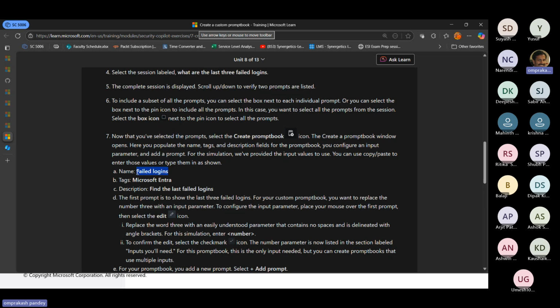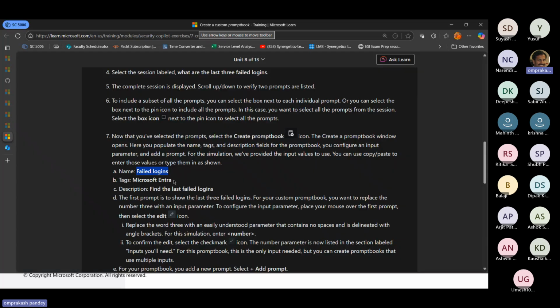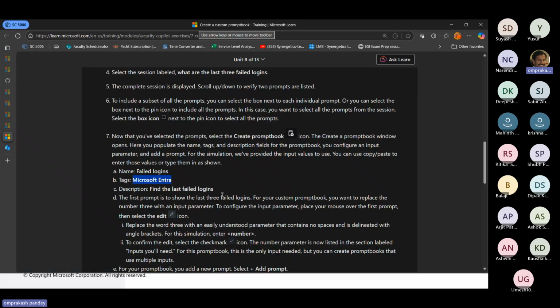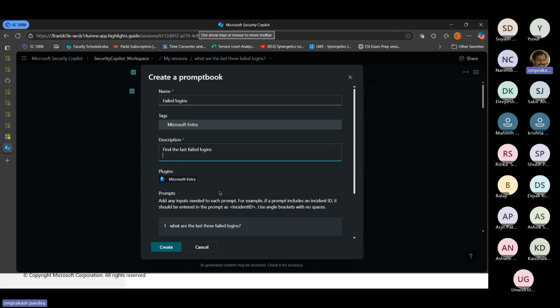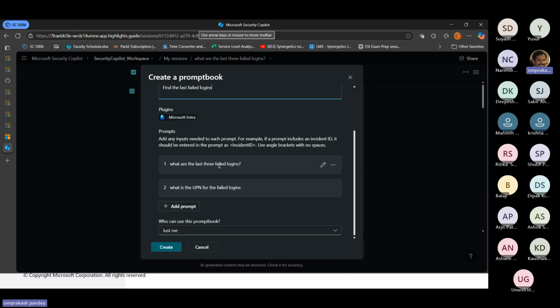The name is failed logins. Tags is Microsoft Entra. Let's mention the description over here: find the last failed logins. What is the last 3 failed logins? What is the UPN for failed logins? If I want to add any other prompt,